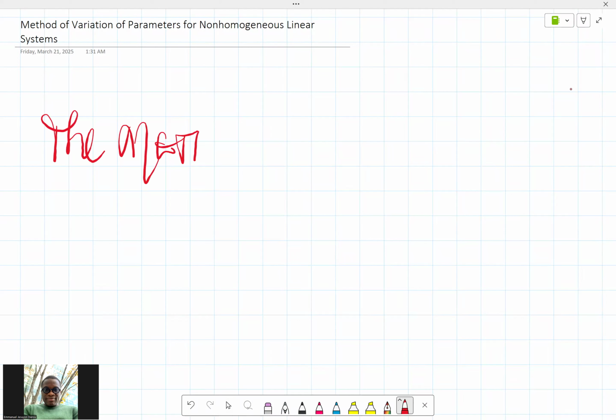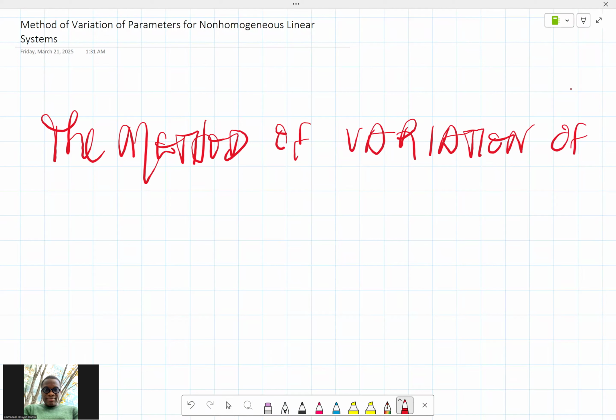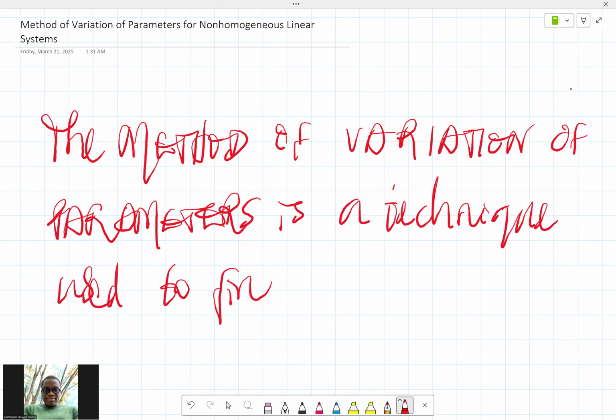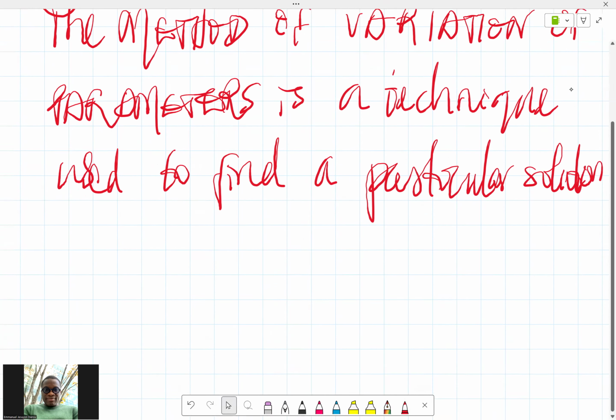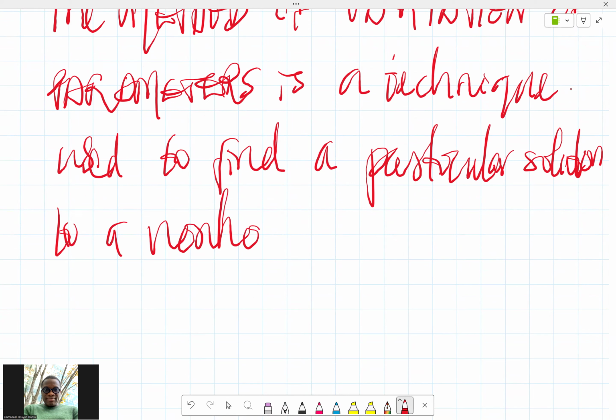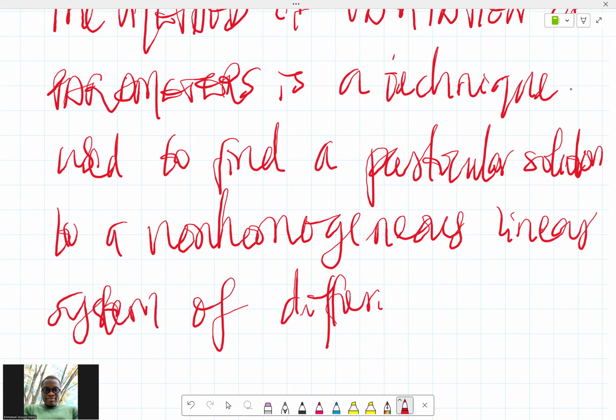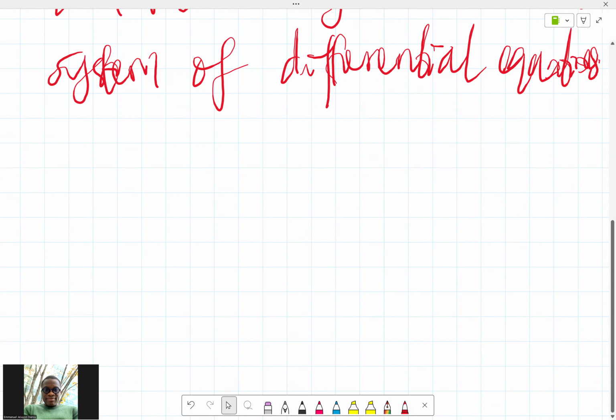The method of variation of parameters is a technique used to find a particular solution to a non-homogeneous linear system of differential equations. Okay, consider the system